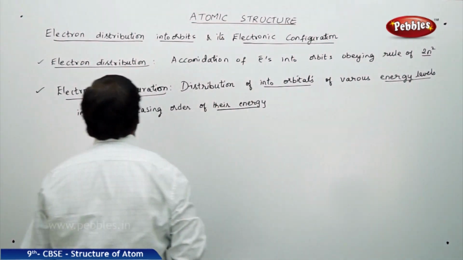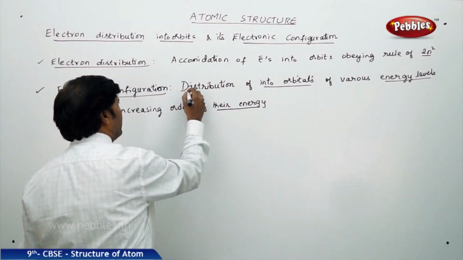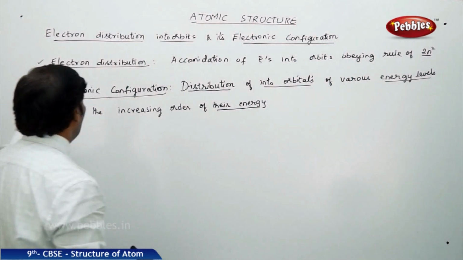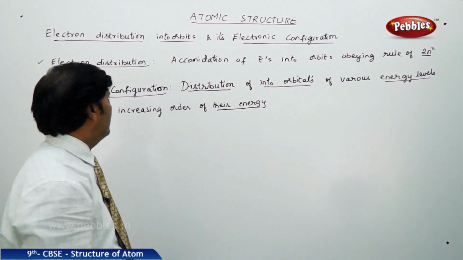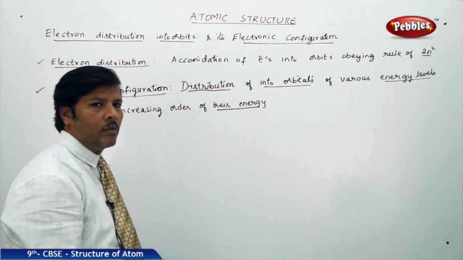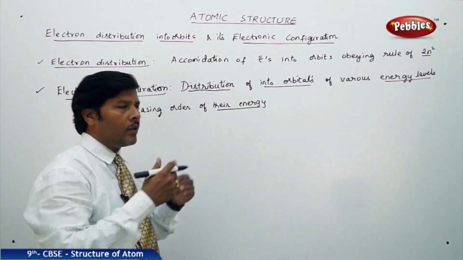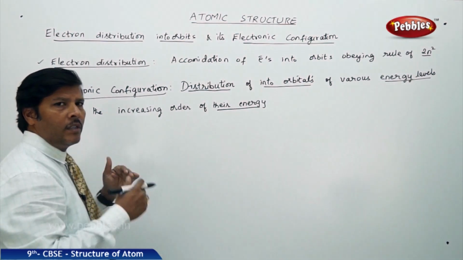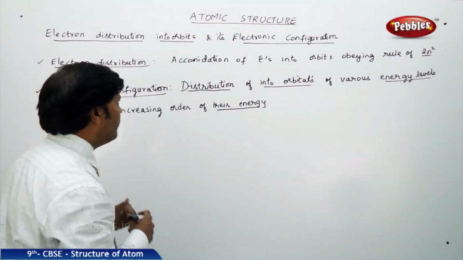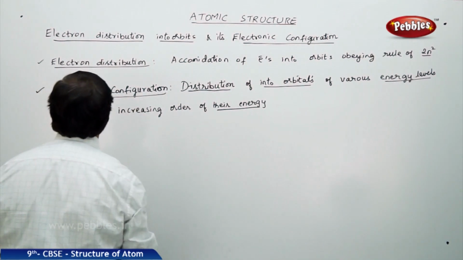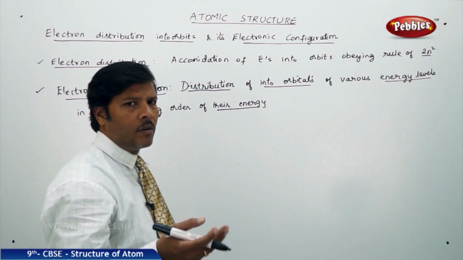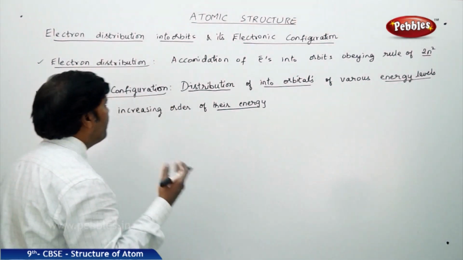Okay, fine. Let us not go deeper into this statement, because only for convenience I am giving you two different statements for electron distribution and electronic configuration, just for learning the higher level of writing the electronic configuration. But as of now, if you take one or two elements and start distributing the electrons into various orbits, you will come to know exactly what is happening.